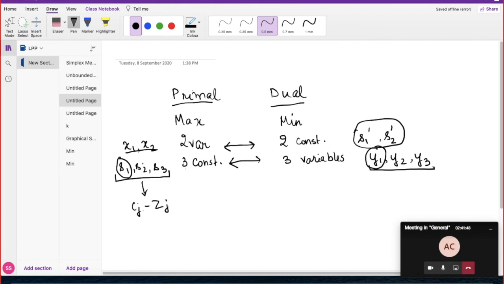Similarly, second constraint you will have an S2, corresponding to S2 you will have a C2 minus Z2 or your Cj minus Zj, and that value will be associated with your second variable here. Okay, so constraint number 1 here corresponds to variable number 1 here, constraint number 2 here corresponds to variable number 2, and so on. So this is how you are going to check the correspondence. Okay, similarly for the other direction, constraint 1 in the dual corresponds to variable 1 in the primal, constraint 2 in the dual corresponds to the variable 2, so x2 in the primal. Okay, so in this manner you are going to find the values of the other using one of them.